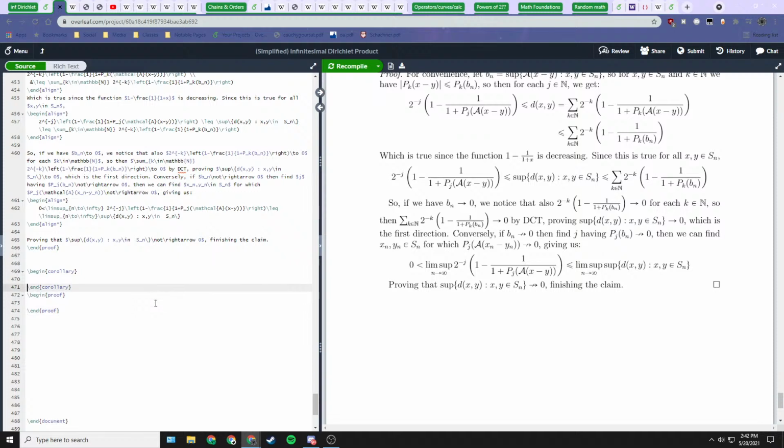We'll say a sequence x sub n in a subset of our space, x sub n in the naturals, is convergent. Converges if and only if